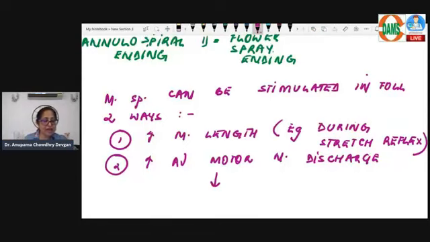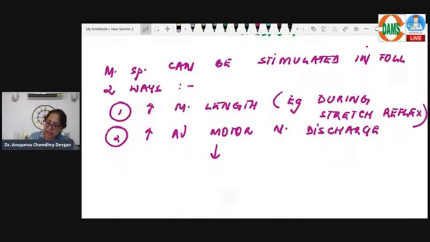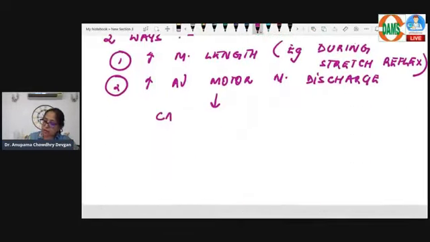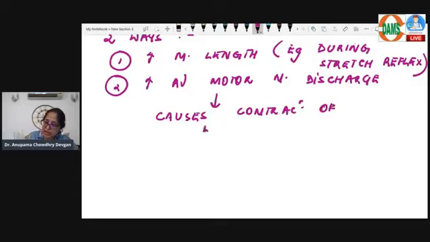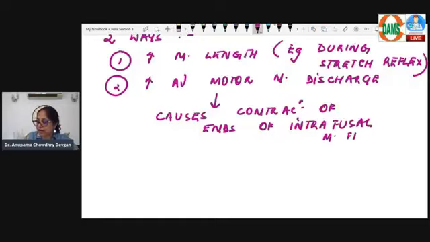So if I increase the A gamma motor neuron discharge, this causes contraction of the ends of the intrafusal muscle fibers. Intrafusal muscle fibers, nuclear bag, nuclear chain, the ends will contract. And the moment the ends on both sides contract, this now stretches